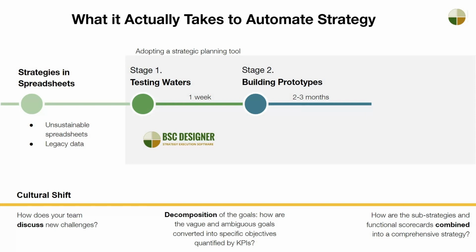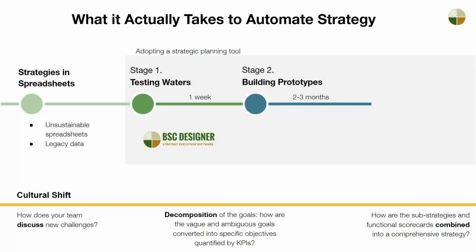Key questions. How exactly does the tool deliver the promises from marketing materials? How does it relate to our challenges? How to get started with the tool and unlock its potential? How to adapt our strategic planning process? And how to engage others in using it. The timeline is 2 to 3 months. During the prototyping stage, the strategy team is trying to match their understanding of the strategic planning with the logic of the software.